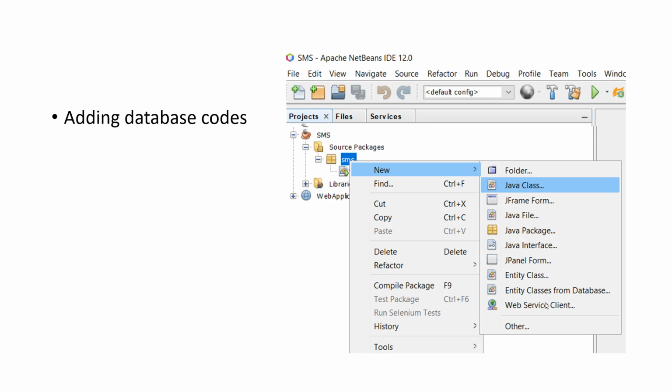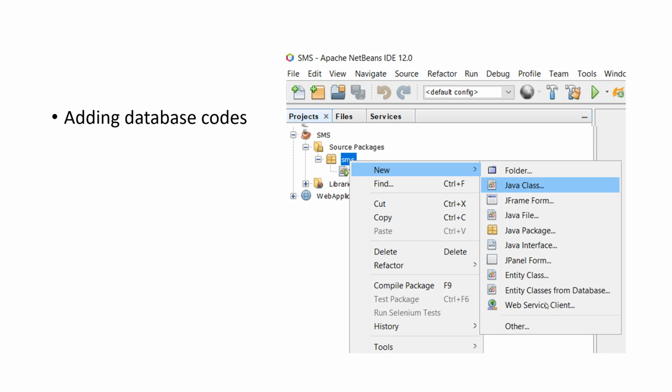Now, already we have created a project. The default package was added. One auto-generated file was added, which is the entry point for your program, the main program. To that package, we will add some more files.